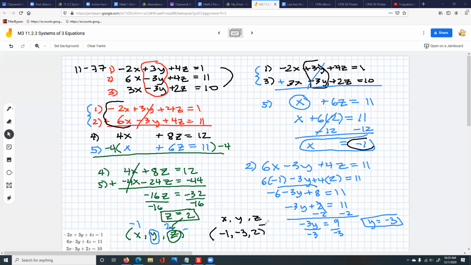So this is the point in the three-dimensional plane where the 3 planes intersect. These 3 planes intersect at negative 1, negative 3, 2. That was really hard to see in the picture that we did, but now we know exactly, hey, we know exactly where,